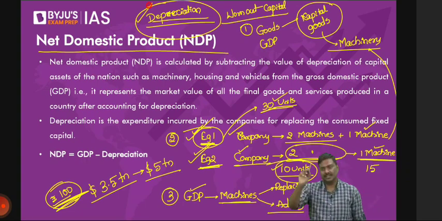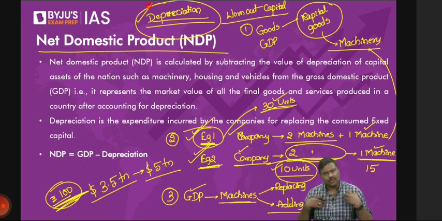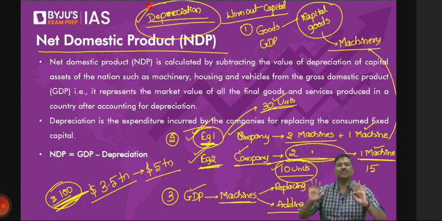I know some of you are from a commerce background. Don't insert that commerce concept here. Understand it simply. Some of you are writing, "Sir, depreciation is the expenditure incurred for maintenance and repairs," and so on. That is basically an accounting concept. I know that, you also know that, and don't insert that here. A simple idea is more than sufficient.